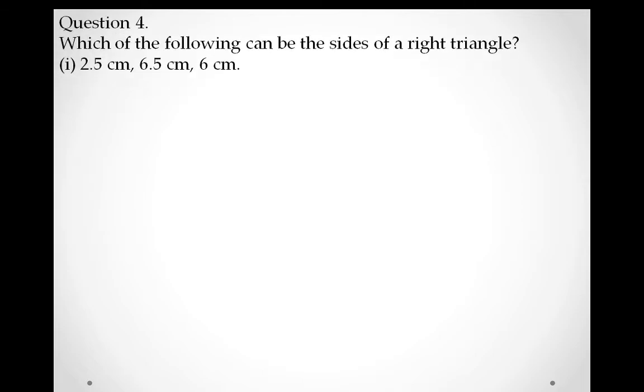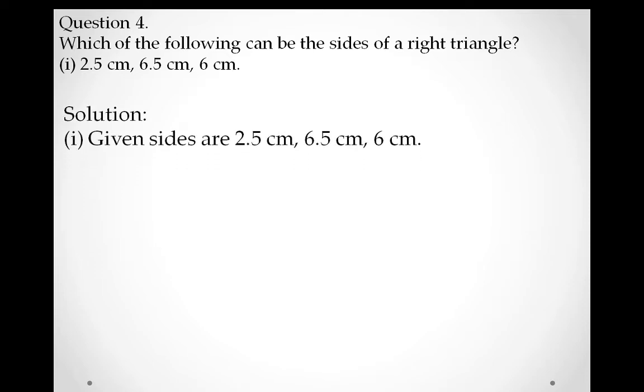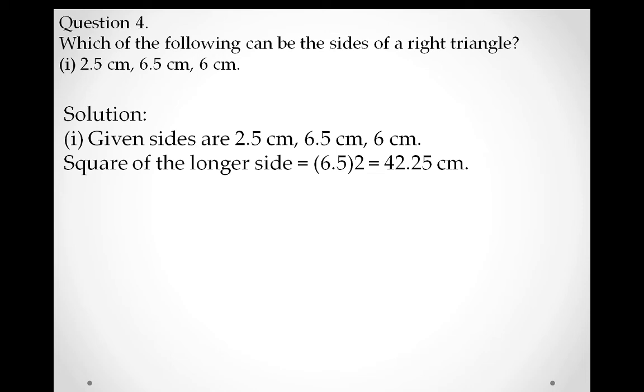Question number 4. Which of the following can be sides of the right angle? The first option is 2.5 centimeter, 6.5 centimeter, 6 centimeter. Given sides are 2.5, 6.5 and 6 centimeter. Square of the longer side: which one is the bigger number from 2.5, 6.5 and 6? Yes, it is 6.5. So square of 6.5 is